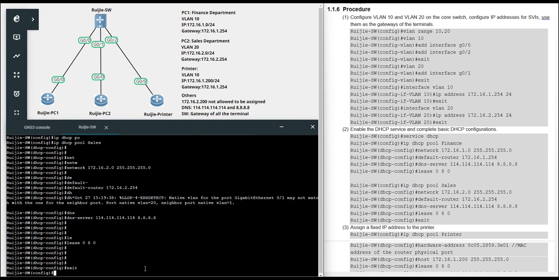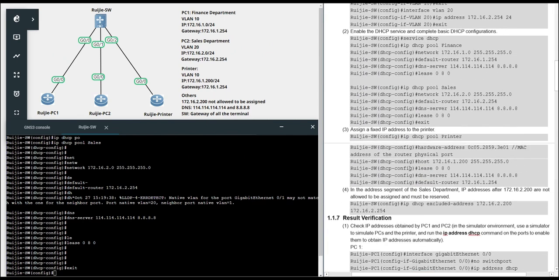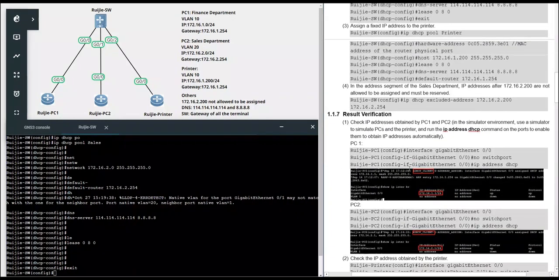Maybe someone hopes the time can be longer, maybe someone thinks shorter is better. Okay, so this is the basic configuration of the IP DHCP pool. If some terminal is within this segment, we will directly assign an IP address from the pool to the terminal. And another special requirement of the DHCP is the fixed IP address for the printer, right?